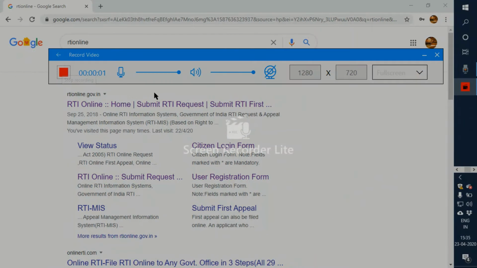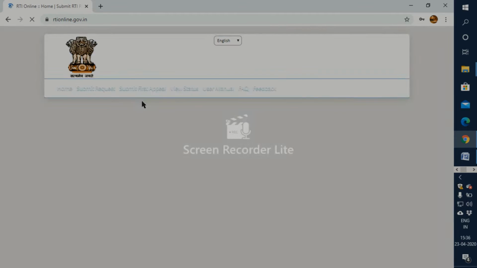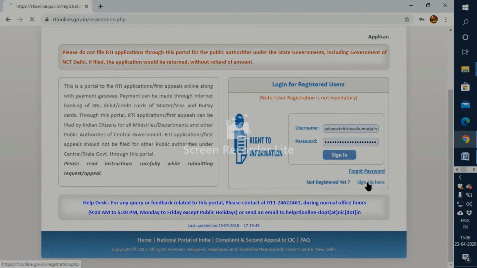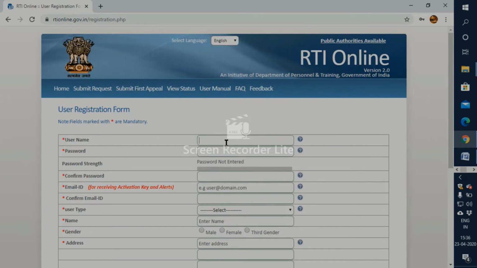So today I will make you understand how to file an online RTI. You need to go to Google and type RTI online. You will be on the home page. Over here you need to sign up, and this is the sign up page where you need to put your